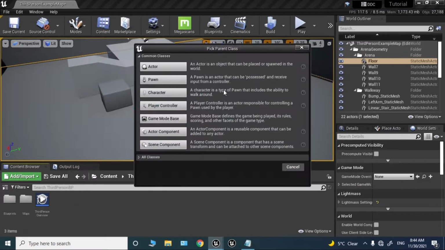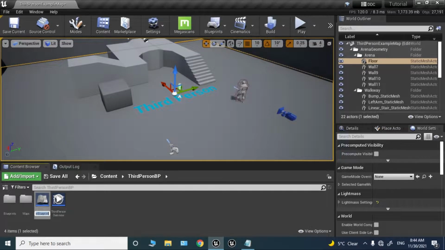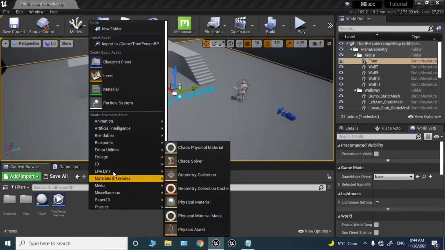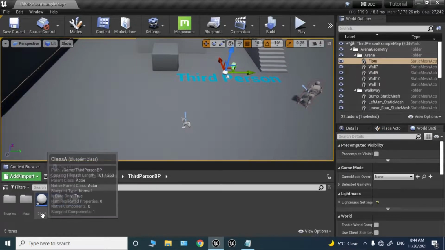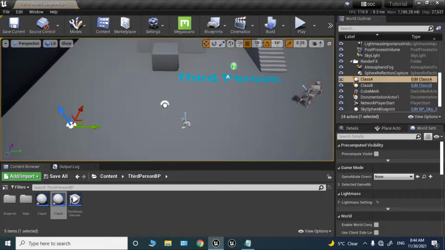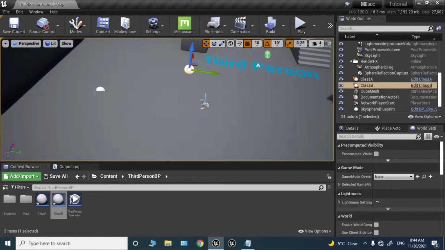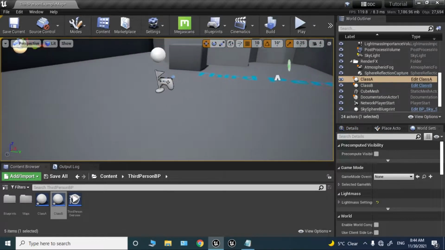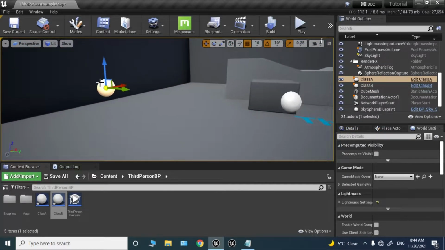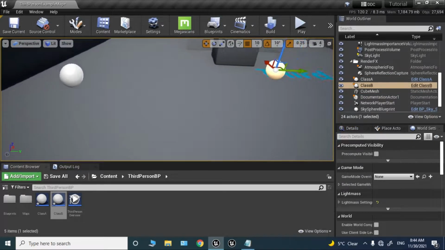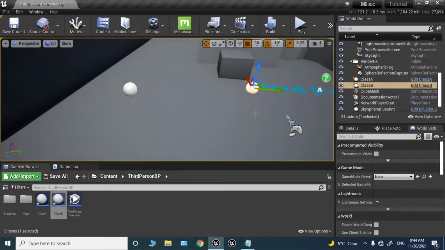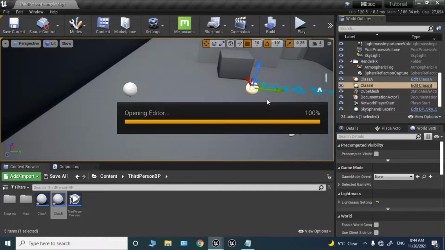I'm just gonna create a blueprint actor. I'm just gonna call this class A. I'm gonna create another actor and call it class B. And let's drag them into the world. And so right now, let's just say that class A wants to access class B. So how do we do that? If they are on the same level, there's actually an easy way for that. So you just have to open the class A,